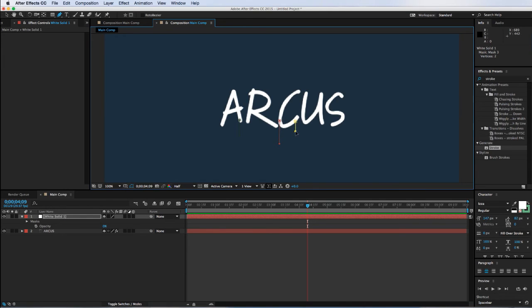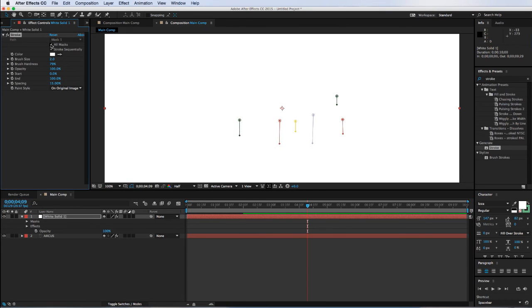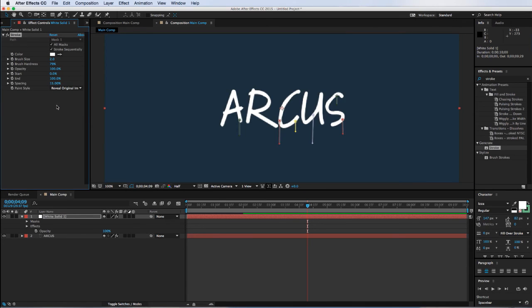Now, since paint isn't something that'll drip sequentially like when you're writing, the best way to approach this, and I'll show you in a second, would be to turn off our sequential stroking. So I've got all my masks. I'm going to drop on stroke, make sure I turn the opacity back up. So we want to use all the masks yet again, but this stroke sequentially button is what we want to get rid of. So if we just take off the reveal image and pull up the brush size,